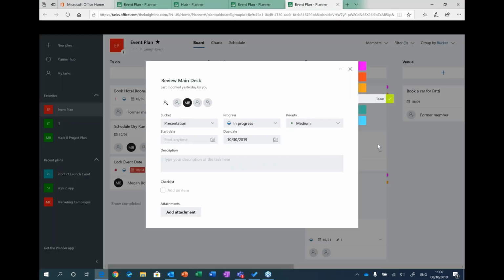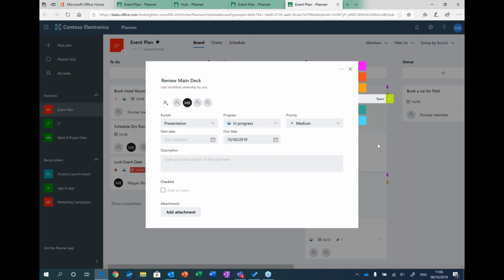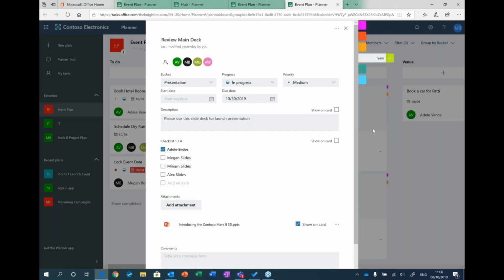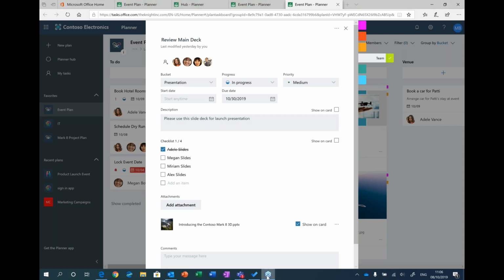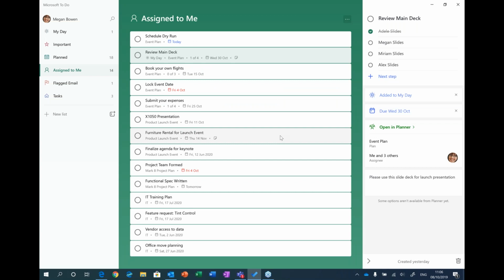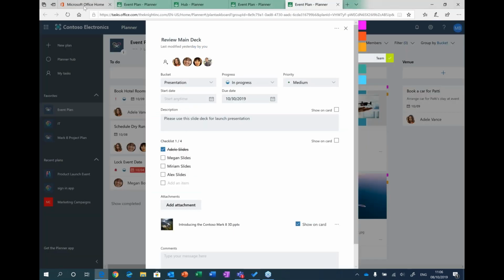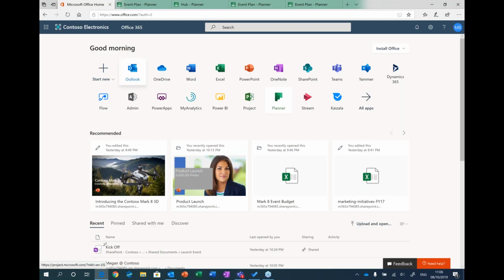and it'll actually open that task directly within the web app. So I don't have to go and find that task. I can just go to it from To-Do, and it'll jump into the event planner plan in Office 365. So a really nice way to manage all your tasks. If you like to use a To-Do app, or if you haven't seen it, it's available to you from within Office 365 as well. So if I go back to my home page and I just click on all apps,